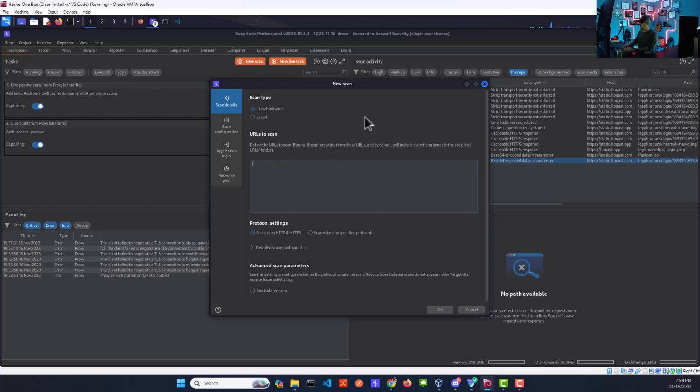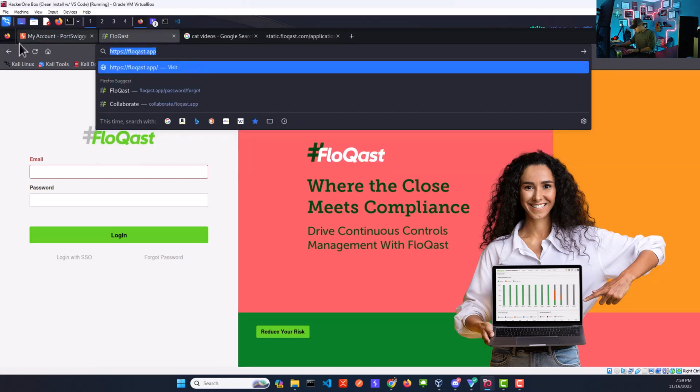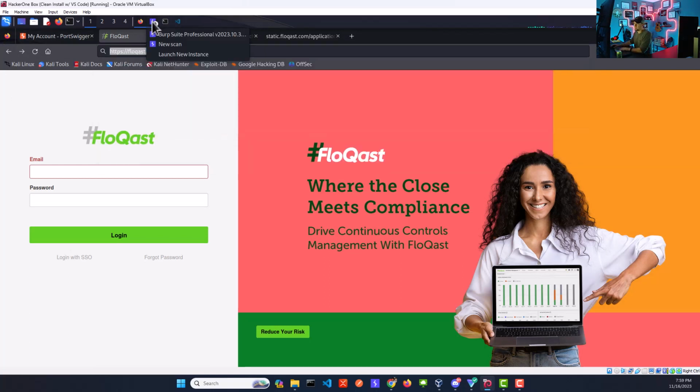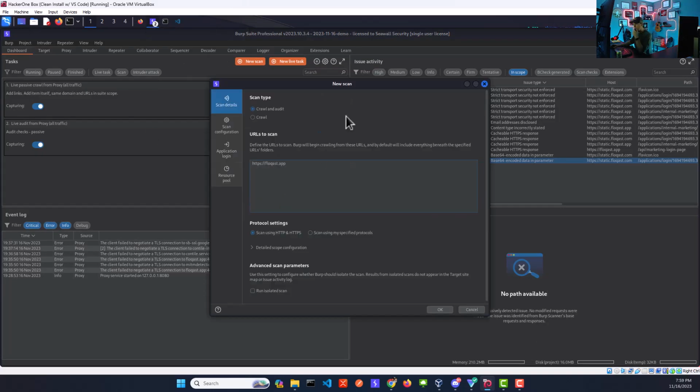We'll just do a basic one here, and we'll just do the main page, right? The flowcast.app is the one that we were looking at. And I'm not going to worry about adding the login. I just want to do the root URL because we're going to tell it to crawl. There we go. We'll tell it to scan using HTTP and HTTPS, so we'll just see if we can get